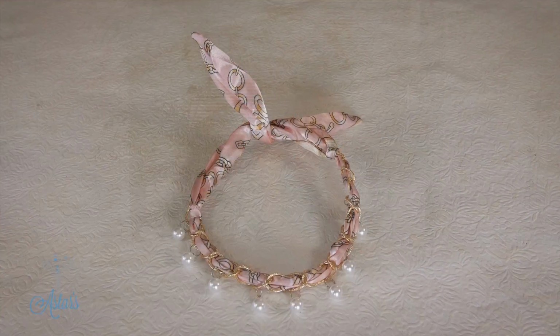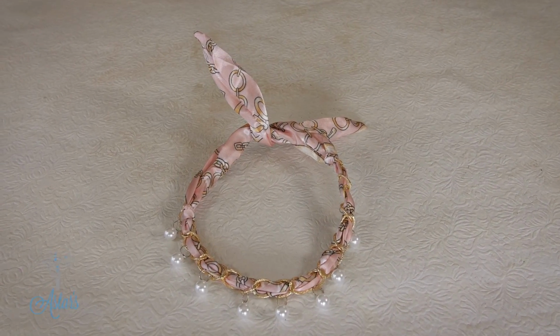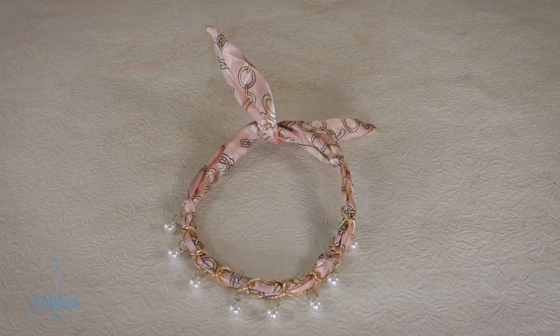So if you're looking for jewellery and you haven't got very much money, or you're on a budget, or you can't find what you want,